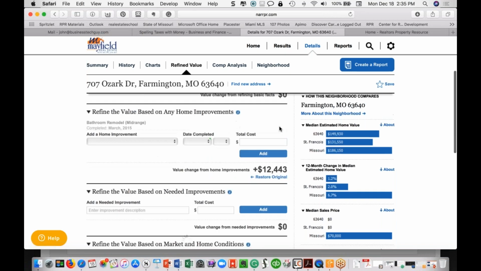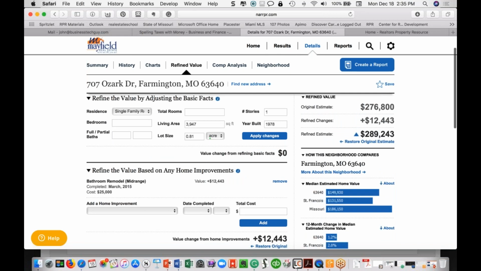Okay, I'll add that, and look what happened. I just gave them $12,443 in value, and it added that right up here to the RVM. And now I'm getting a refined estimated RVM. I'm telling you what, when I do this,